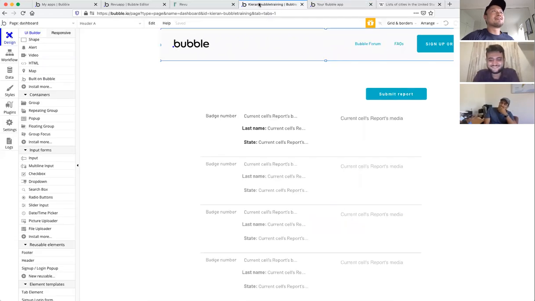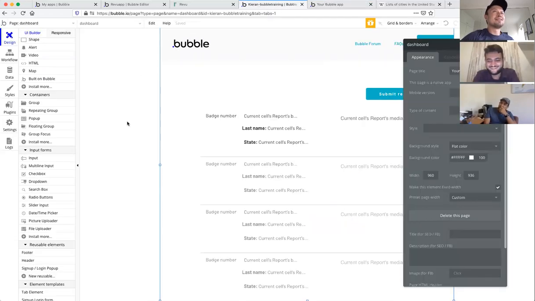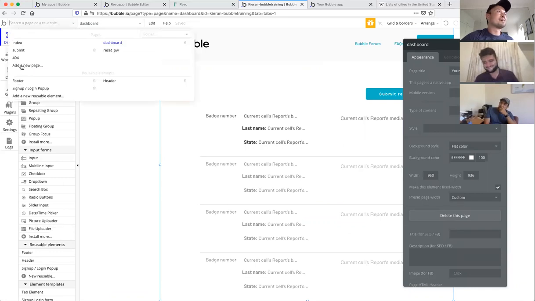But one thing to do is decide how wide you want your pages to be, and then go to your header,